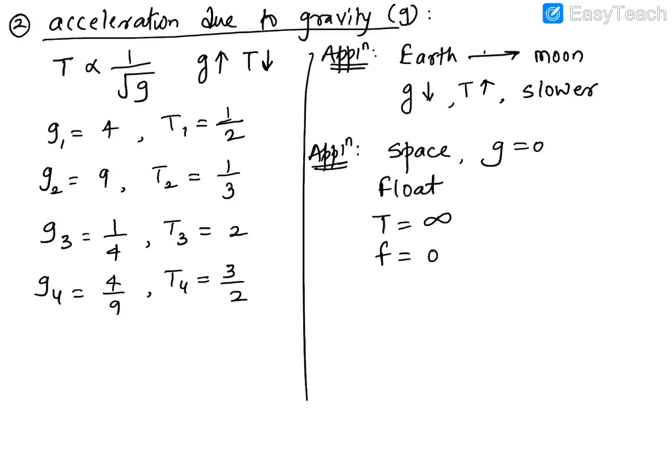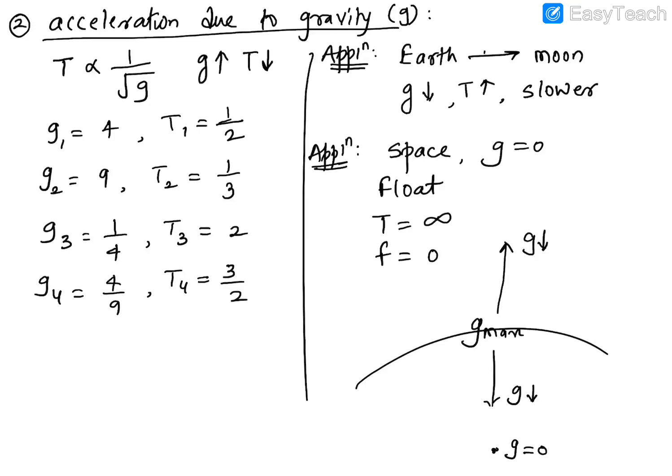Okay. Then another thing. Also remember one more very important thing we have learnt in motion also, that gravity is maximum at the surface of the earth. When you go upwards, gravity will decrease. When you go towards the center of the earth, then also gravity will decrease. In fact, if you go to the center of the earth, the gravity there is zero. So either way it will decrease.